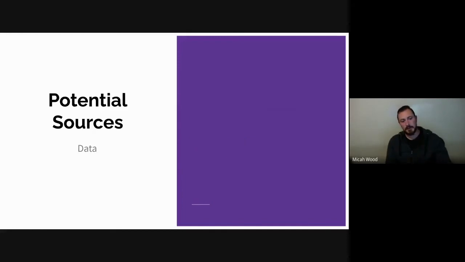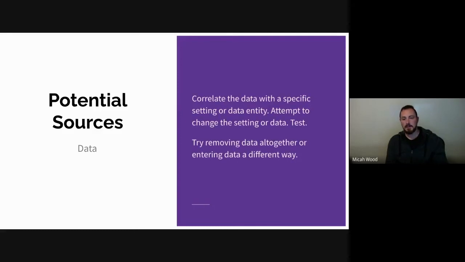And then data, a type of issue can also be a potential source of issue. It's kind of a combination there. In this case, what you want to do is try to see if you can correlate the problem with a particular setting or data entity. So for example, in WordPress, we have posts and we have pages.